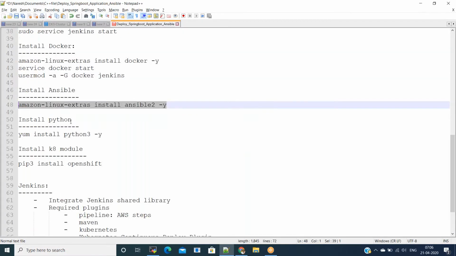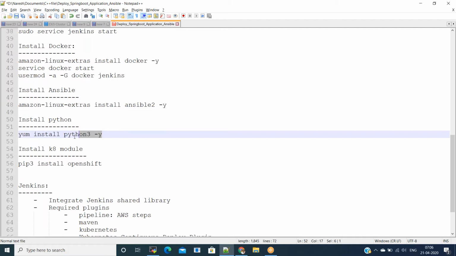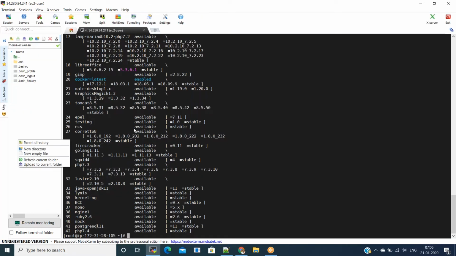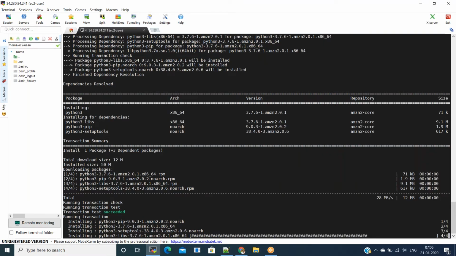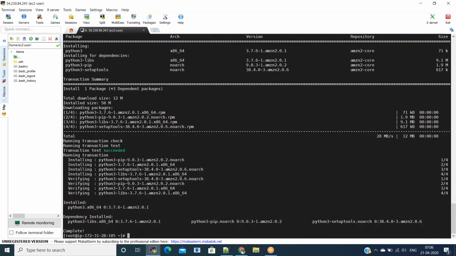Ansible is installed and then we need to install Python as well because we are going to use the OpenShift module to deploy to the Kubernetes cluster. To use the OpenShift module, we need to have Python installed. I'm installing Python 3.